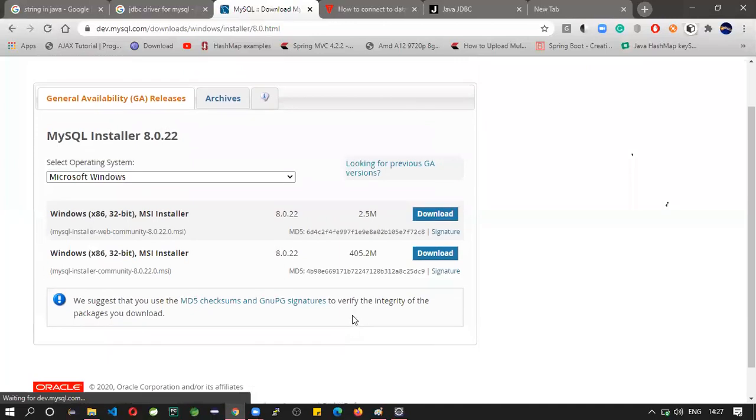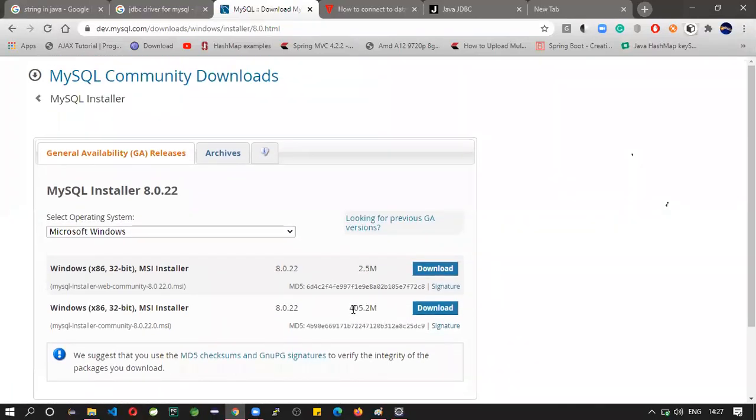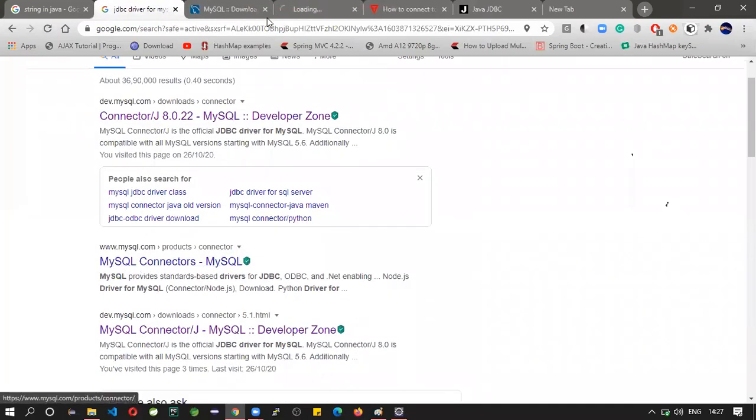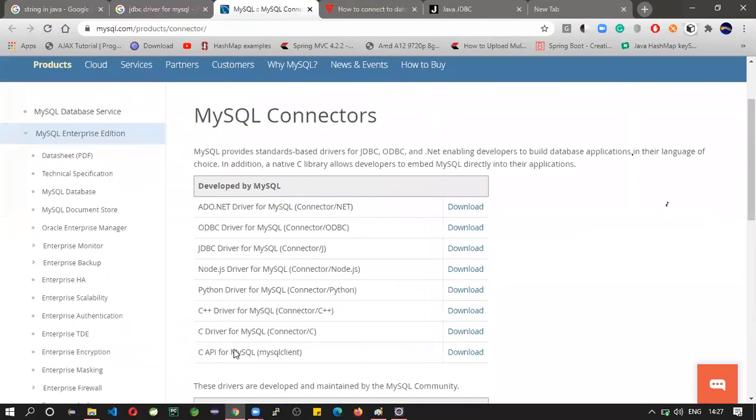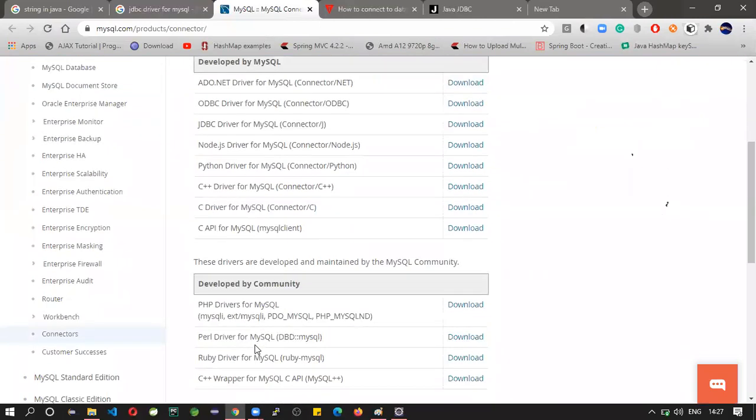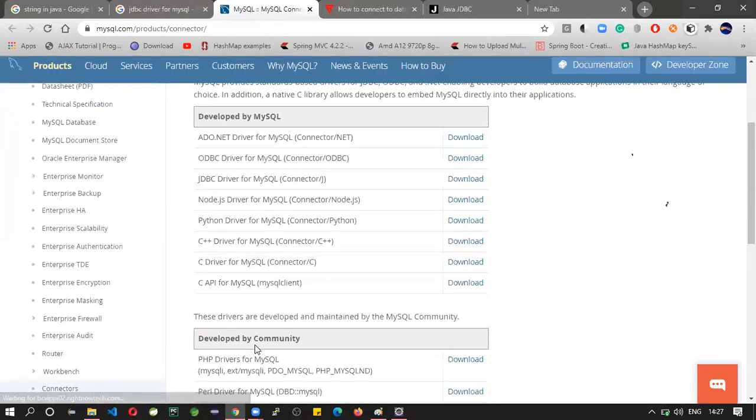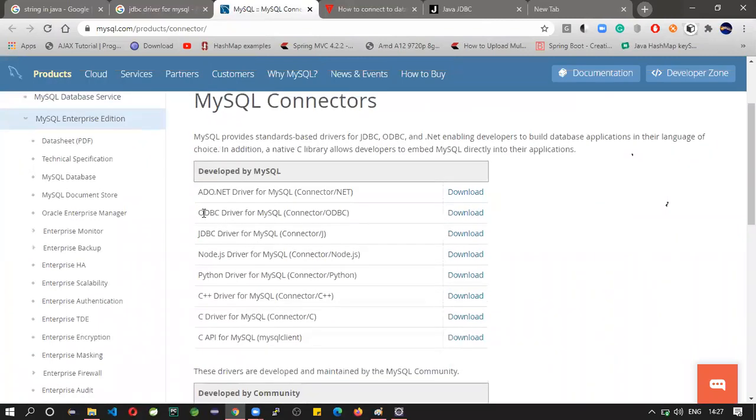See here, I think this is the MySQL server, so let's go to the second link. You find various drivers: ODBC, JDBC, a JDBC driver, Java Database Connectivity.